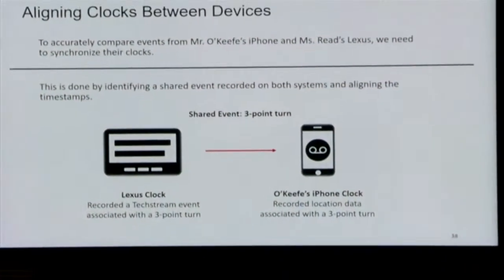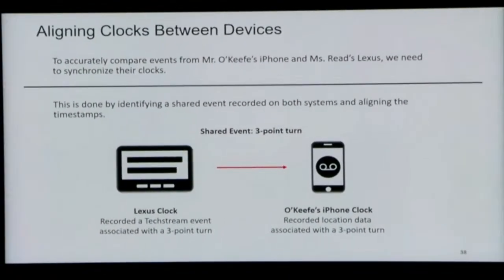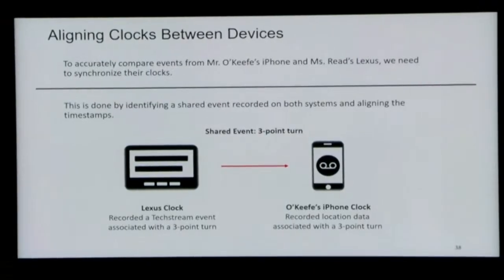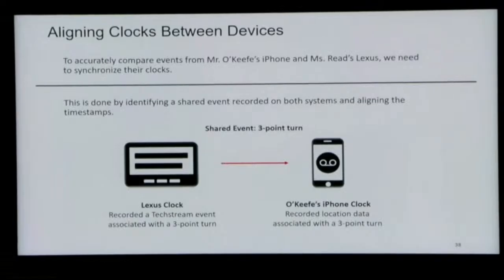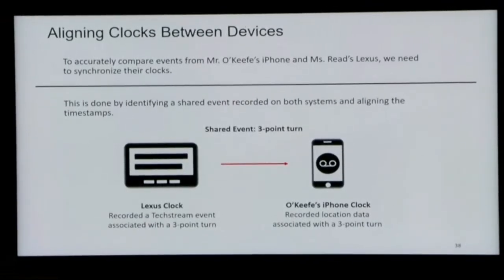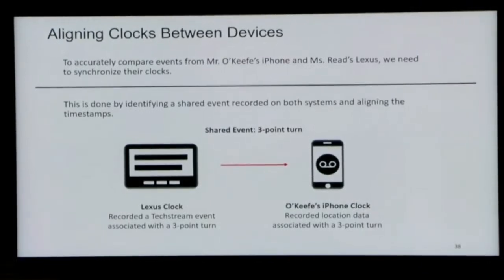Okay. Can you explain to us the concept of synchronizing clocks? Sure. So this is kind of a graphical representation of how to synchronize a clock. Essentially, like I said, we're taking an event that occurs. In this instance, it's a three-point turn. We have data where that three-point turn is recorded within an iPhone, and we have data where that three-point turn is recorded within the Lexus.